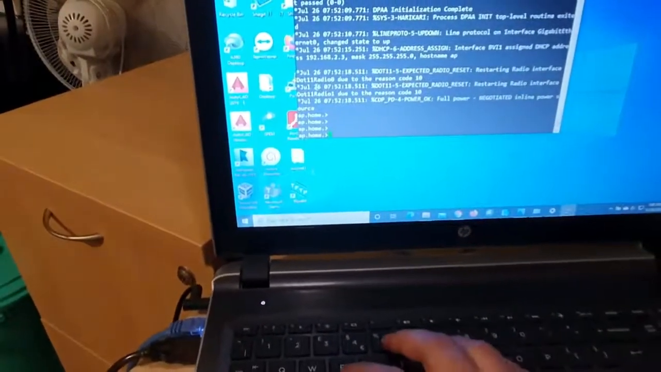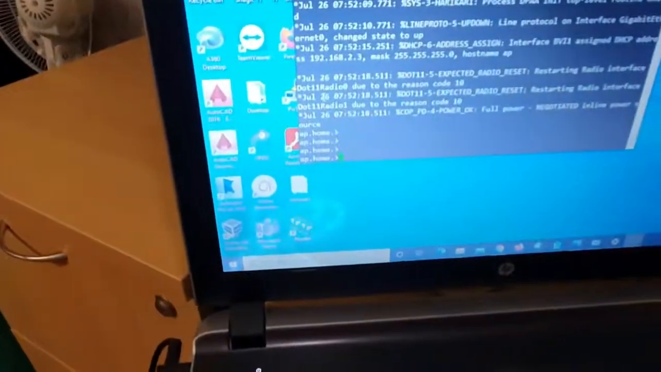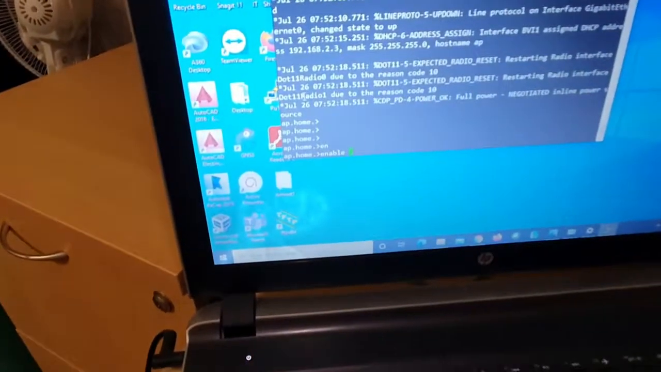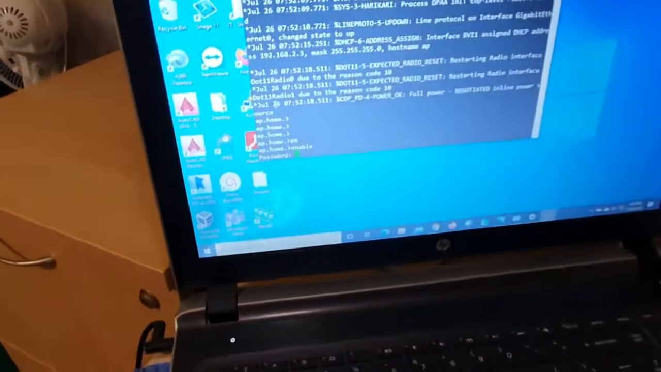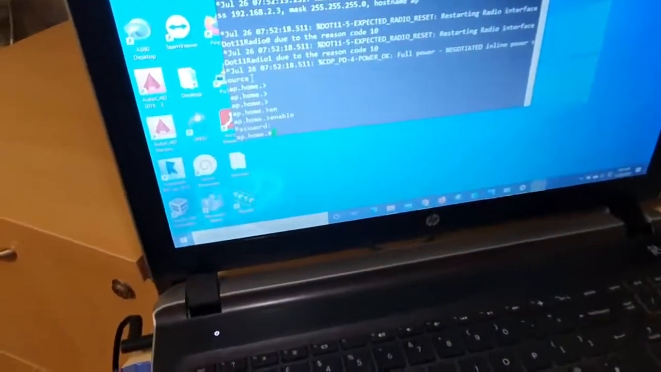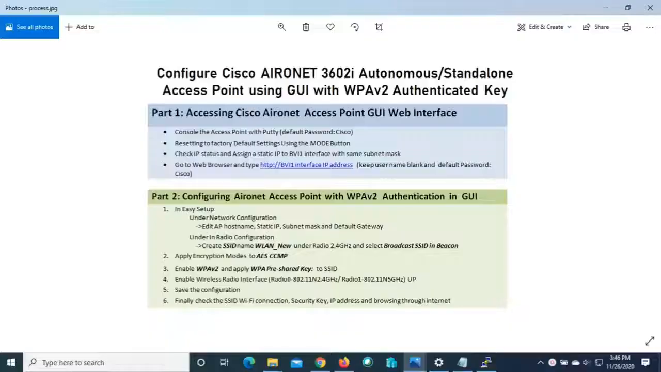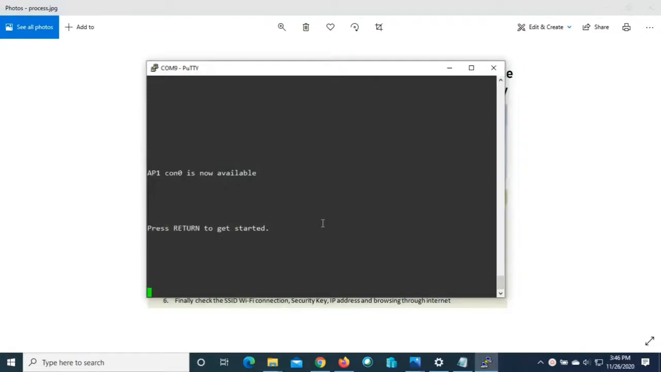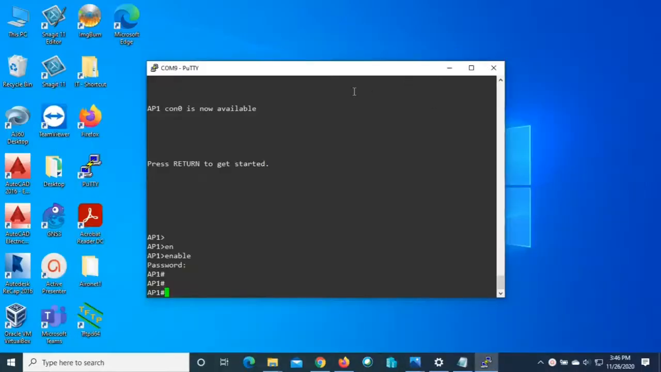So we go to enable mode, the password is Cisco, default Cisco, capital C. So let's enter the enable mode. If you check the steps, the next step is to check the IP status and put a static IP on the BVI1 interface. So go to PuTTY and go to enable mode, enable password Cisco, capital C, and let's check the